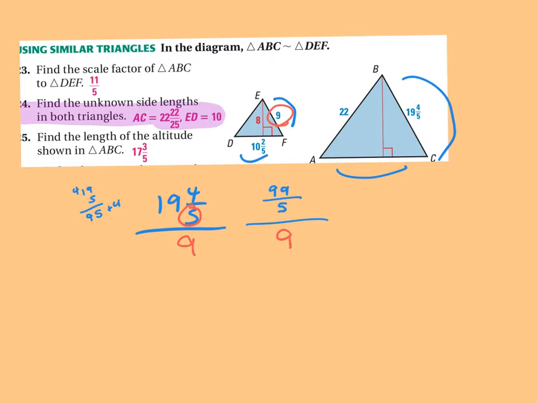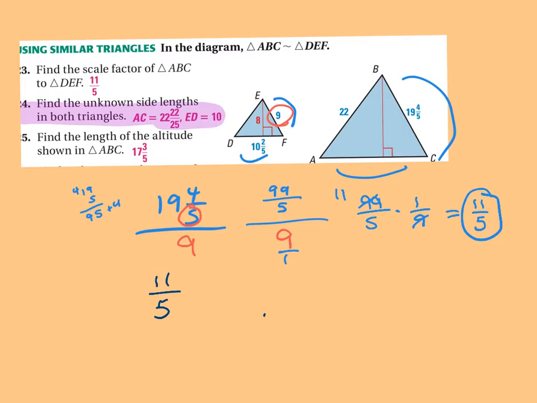And then we're going to do keep, change, flip. So the 99 over 5 stays. Instead of division it becomes multiplication. And then 9 over 1 would be 1/9. So 9 goes into 9, 11 times. And my scale factor is 11 over 5. I forgot to do the keep, change, flip. Oh, okay. So then once you get that, you can do 11 over 5 equals anything in that left triangle